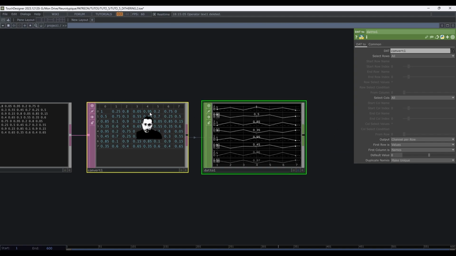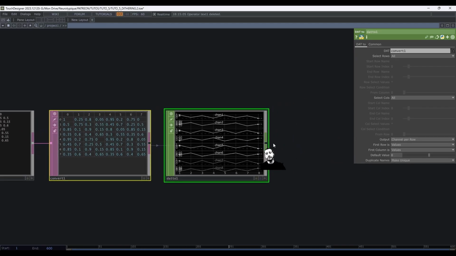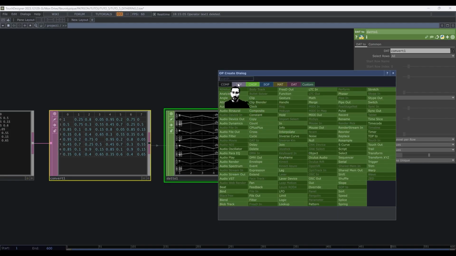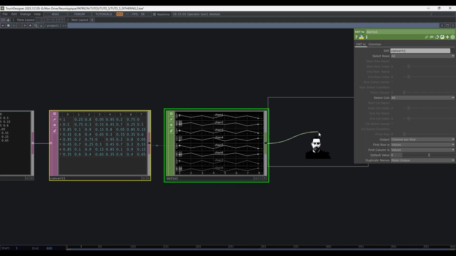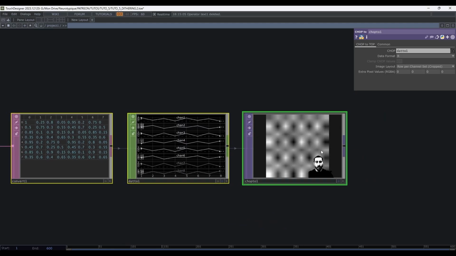Okay, I want a channel for each row. First row is values, yes. But first column is name, no, first column is still values. So you need to select first column is value. If you don't do that, you're going to lose one row. Okay, perfect. And then we can use this and transform it into a texture. CHOP to. And we have our Bayer matrix.